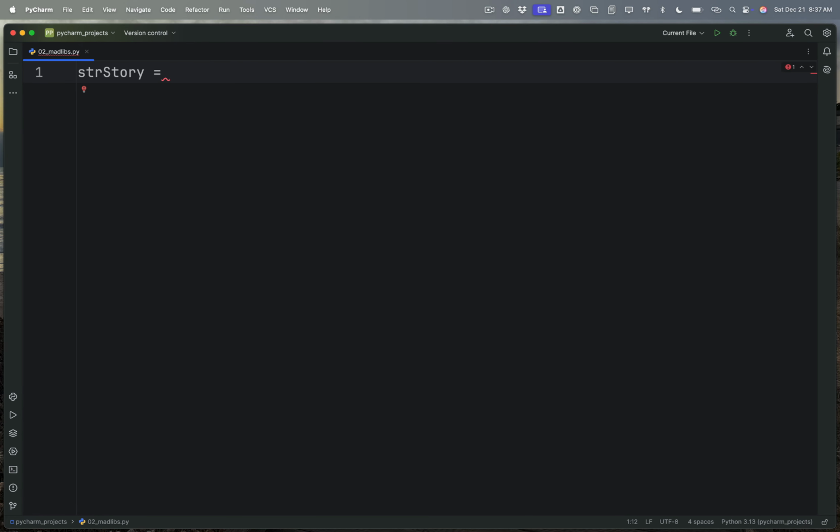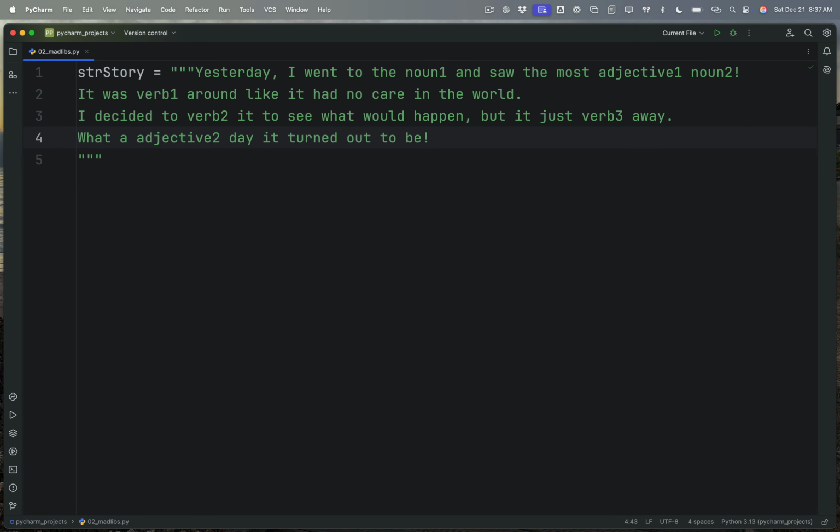I'm going to use what's called the triple quote. And the triple quote is a unique way of defining a string in Python that allows a string to take up more than one line, and it will preserve the line breaks. So if I do three quotes, so there's three at the beginning and three at the end, and then I paste my story in there,